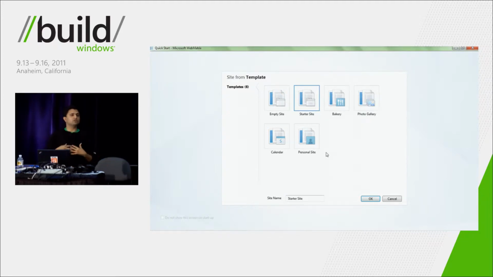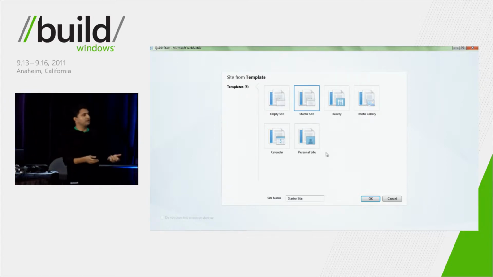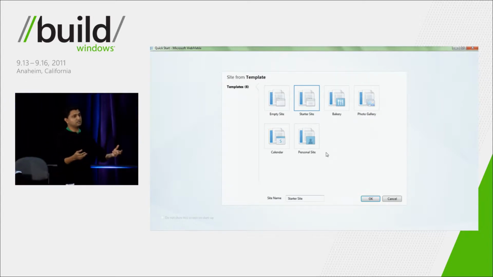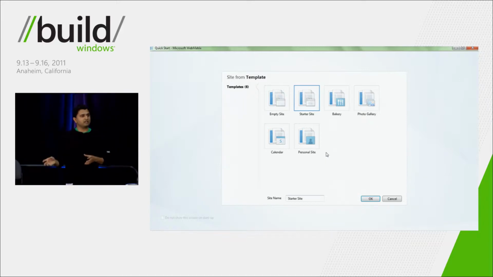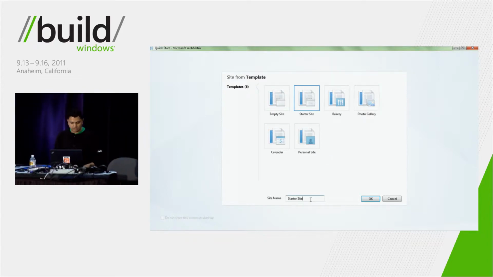What I'm going to do is to try to build a site for submission of new sessions to Build. So for instance, the goal is that we create a site which you can use afterwards to submit sessions for WebMatrix vNext in Build vNext. By no means am I saying all these things are going to come at some particular point of time. But for instance, if you want to make a site which would submit sessions, that is what we'll try to create out of this starter site. So I'm going to just call it Build Session